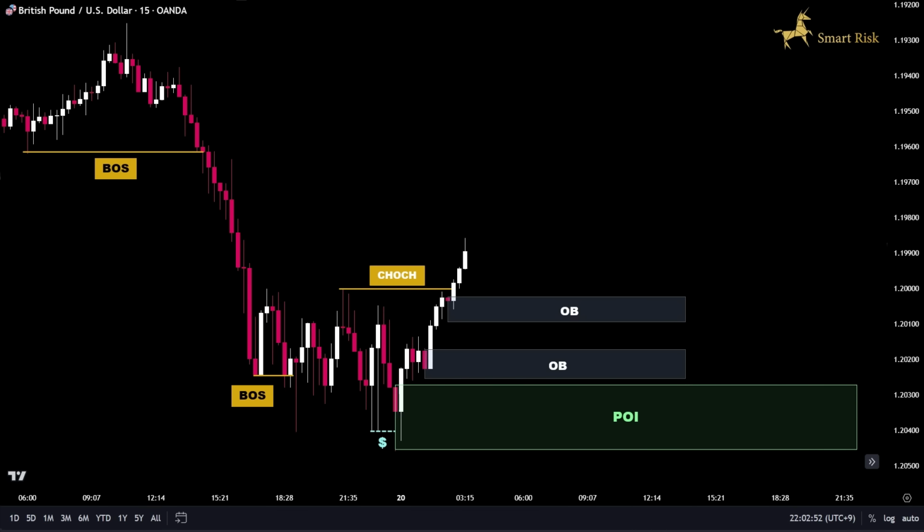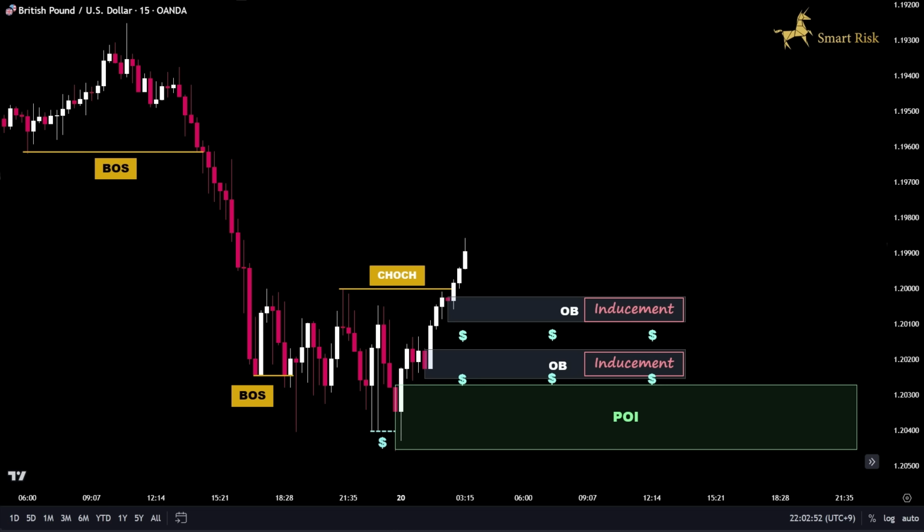As you can see, there are no liquidity pools formed above these two zones. Therefore, I do not consider these decisional order blocks as points of interest because the price did not sweep any liquidity before reaching them. Instead, I view these zones as inducement areas that create liquidity pools below themselves. These liquidity pools are formed by the stop losses of traders who entered long positions as the price reached these